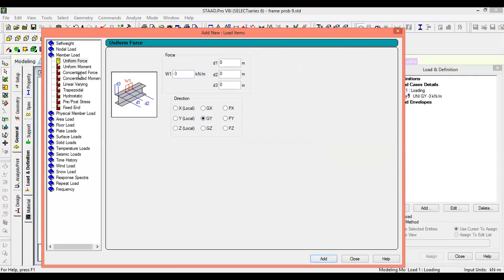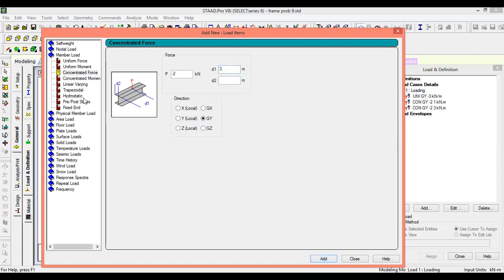Next, we will go to the point loads, which is concentrated load. Concentrated load, the first load is -2 kilonewton. Where it acts at a distance of 1 meter. So therefore, I will give 1 meter for the first one. And the next 2 kilonewton point load will be acting at a distance of 3 meters from the starting node. Is it not? So therefore, give 3 meter and add.